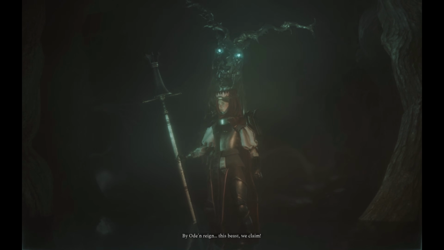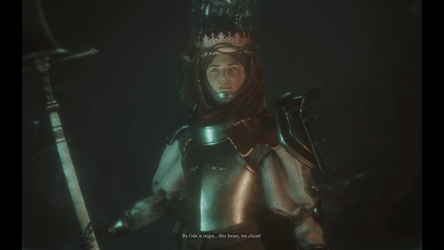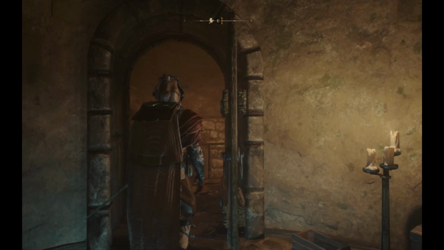By Odin Rain, this beast we claim. In traditional